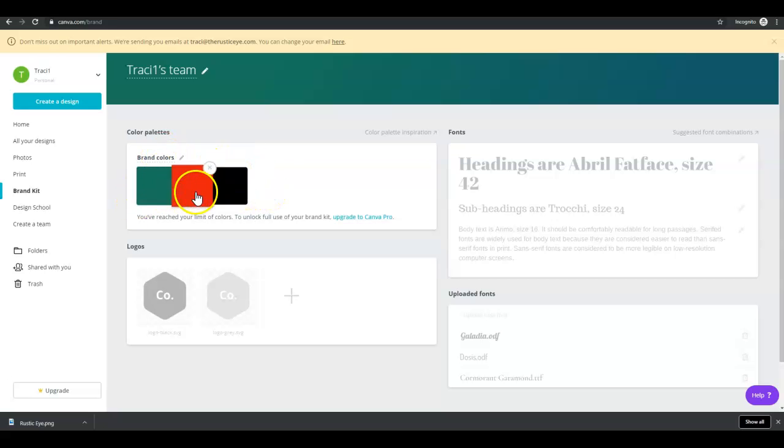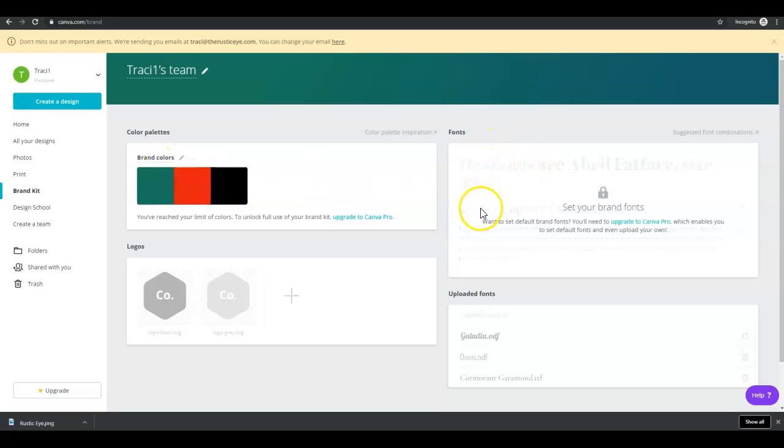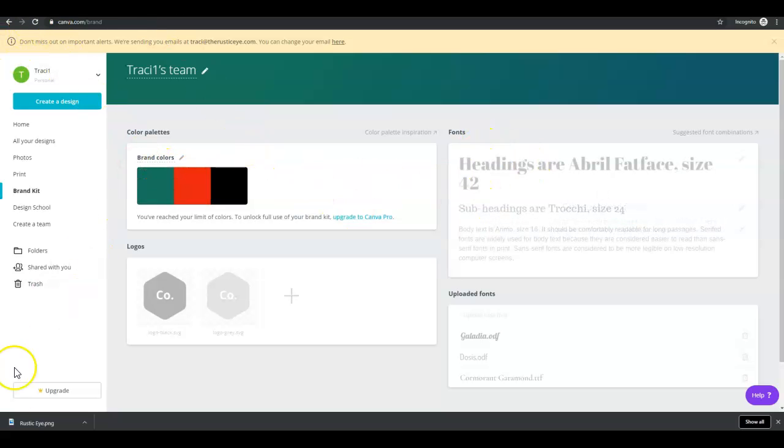Now, it's only going to let me put 3 here, but again, if you upgrade to Canva Pro, you can put more colors. But I'm going to show you what happens when you do have your branded colors here. And it's similar for fonts as well. So